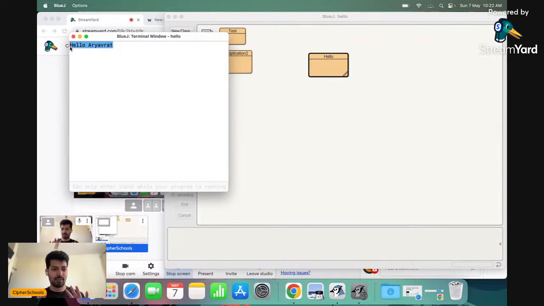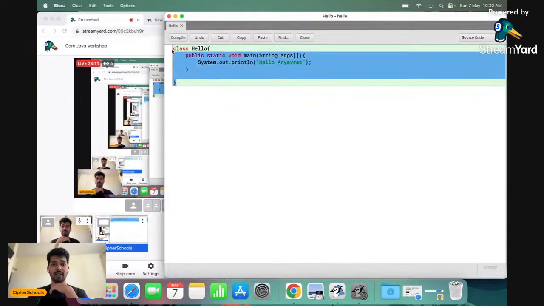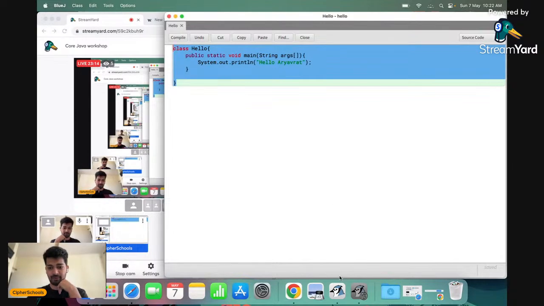Trust me, guys, if this is the first time you're doing any object-oriented programming language, this is really not tough. By far, personally, I feel it's the easiest language, but you might have another answer to that. It's just that you need to understand a few basics, and then the rest of the things become repetition, right? You're writing the same thing again and again. So this is how we end up creating our Hello World program in Java. And the code for that is this.